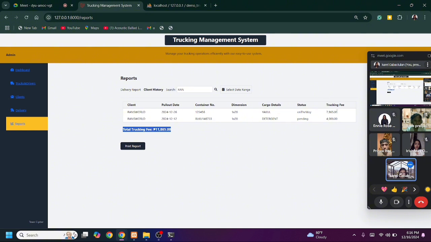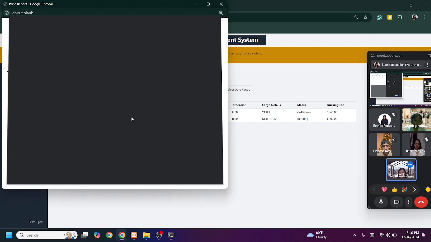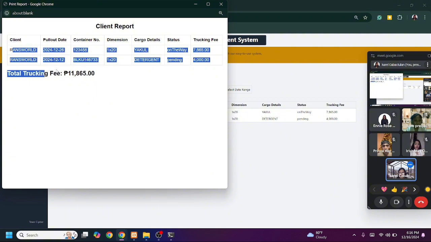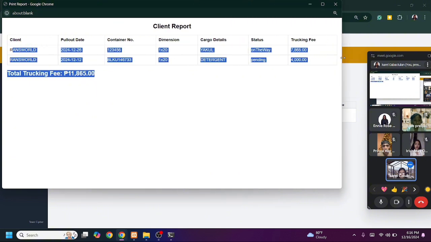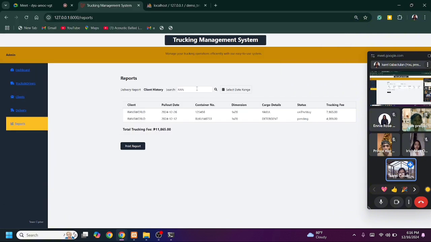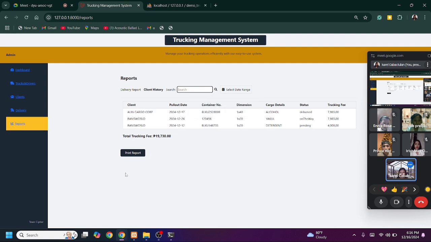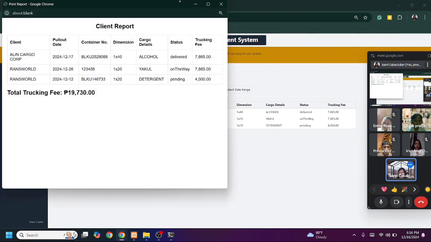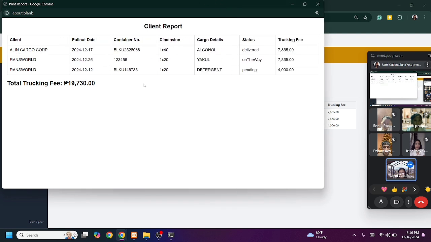By this we can also reprint the history for only that client. This would be the document if we reprint it. The tracking fee is calculated and rendered in our total tracking fee.